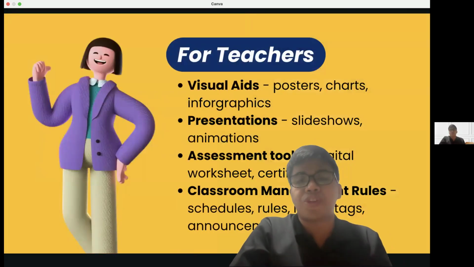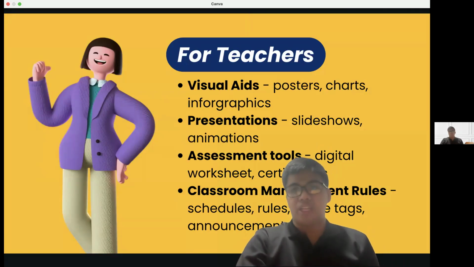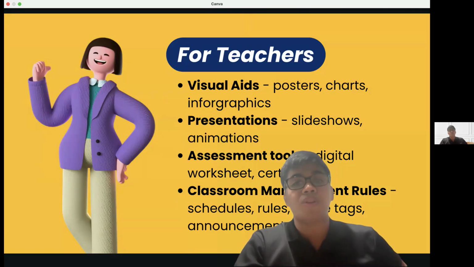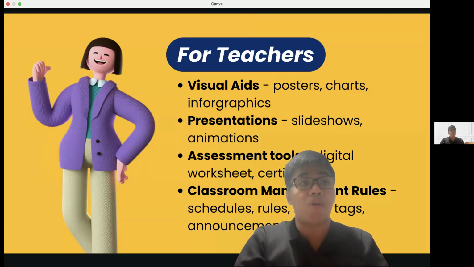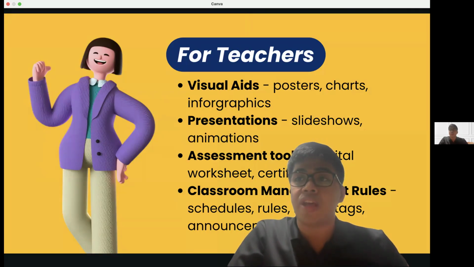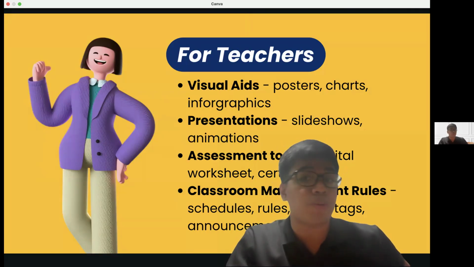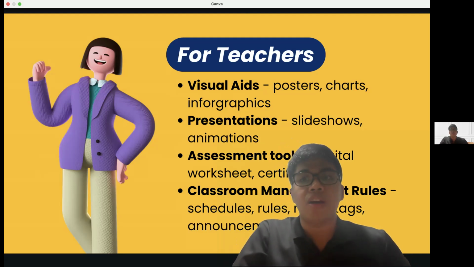First, for teachers, teachers can use Canva for visual aids. All right. We are now living in a modern, more digital world, wherein technology and ICT are already integrated in our daily lives, especially in the educational setting.